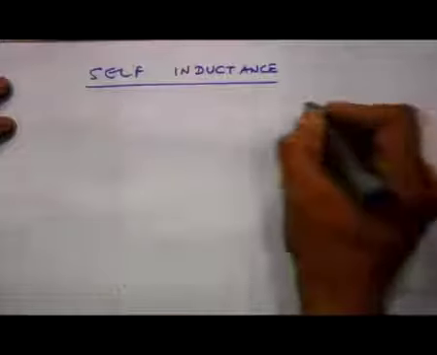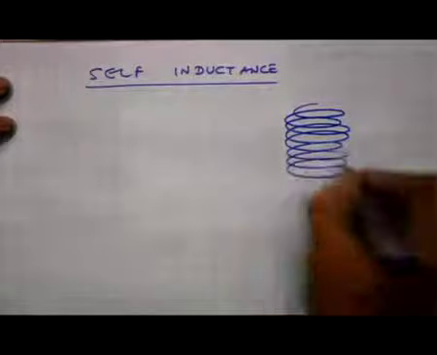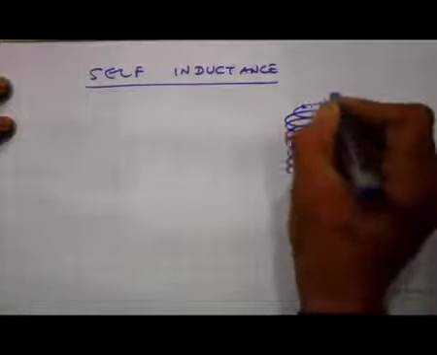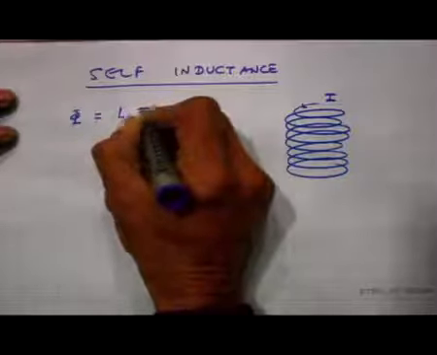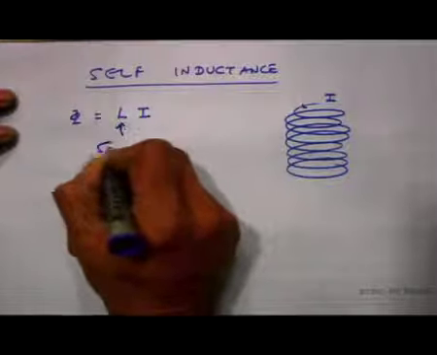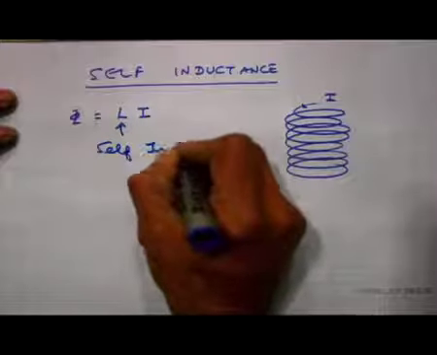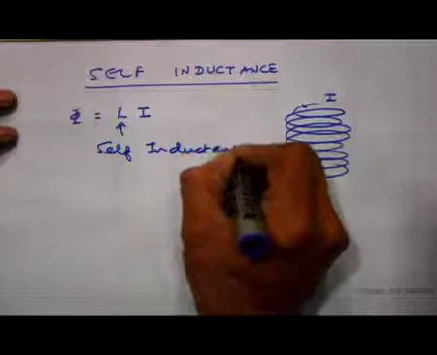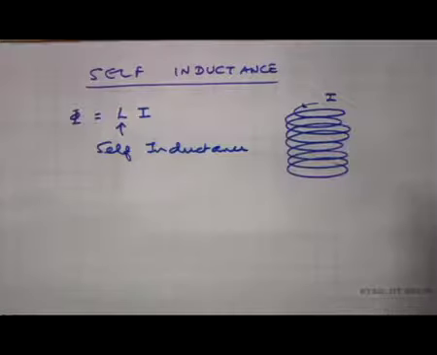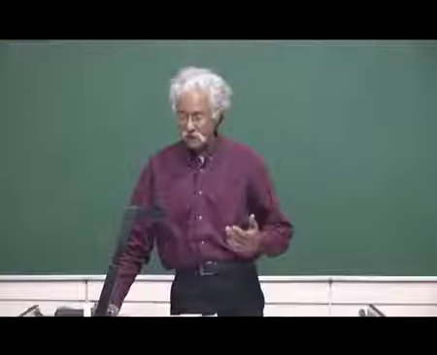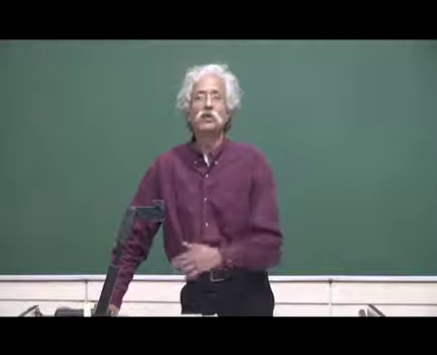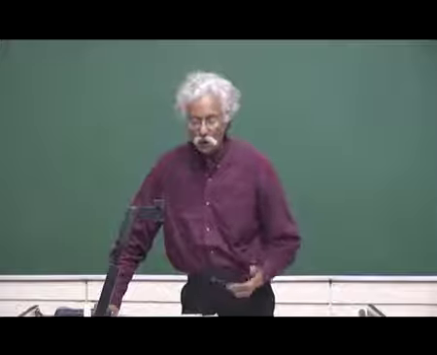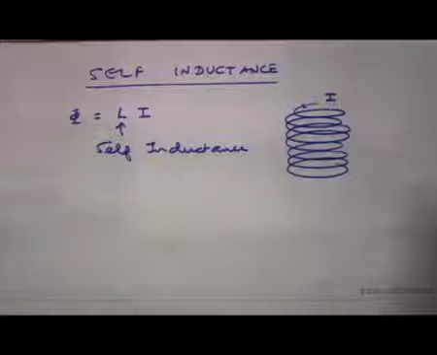So, like last time, if I had a solenoid here, and if I pass a current through the solenoid, then the flux through the solenoid is equal to L times I, and this L is called self inductance. And so, self inductance is a flux enclosed by a circuit because of a current passing through the same circuit. Mutual inductance is between two different circuits or two different loops of current, and this flux is very important because